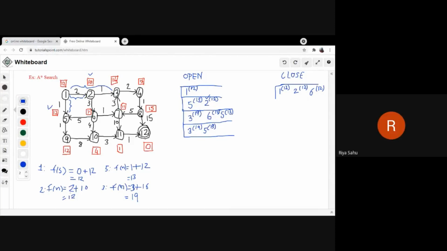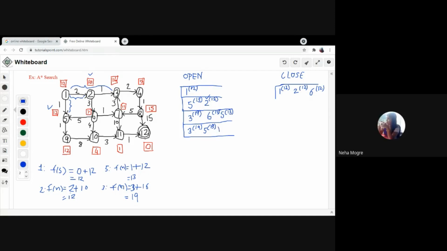And 5. If you find a better value of 5, you can update that. But 7 is also there, right? 5 is already visited.